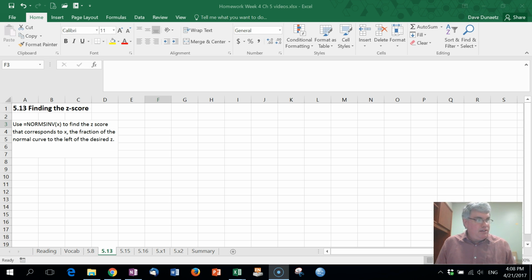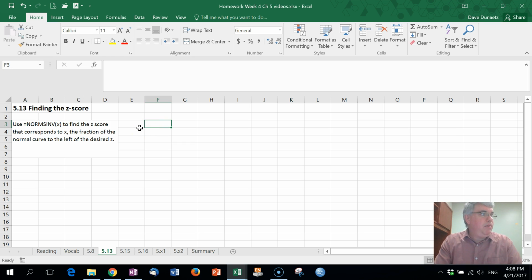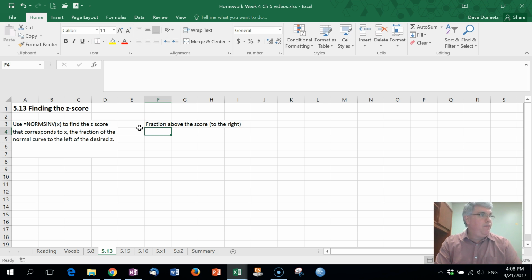So let's label this. Let's have the first column be fraction above the score. And that's to the right. And so this is the information that we're given. So the first number that we're given is 50%. Now that one's easy. That's half and half. So the z-score that corresponds to the average is going to be 0, but we'll just put that in there, 50%. Then we have